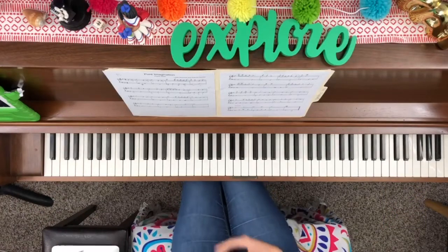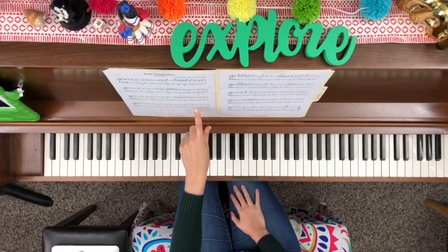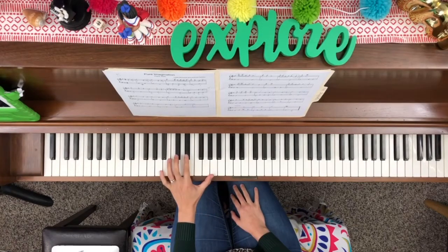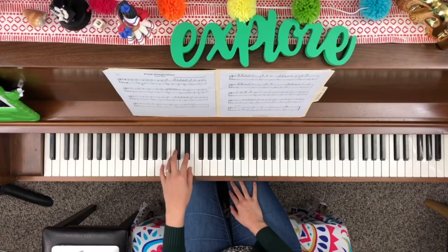Now, left hand. We just got done at the bottom of page 1 playing an A, right? Now we're going to be playing an E flat. For the E flat, I want you to use finger 2, okay? All right, here we go. 1, 2, ready, play. E flat,